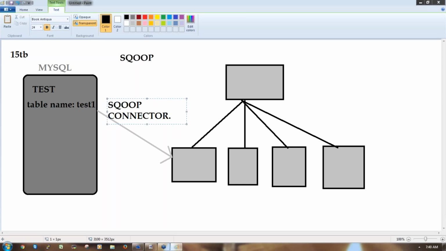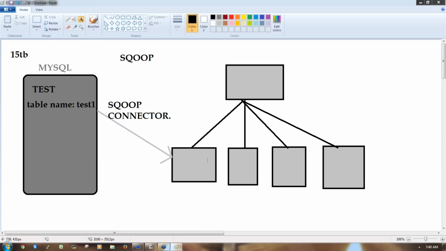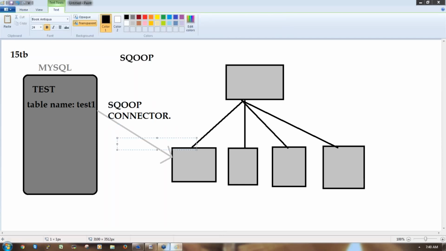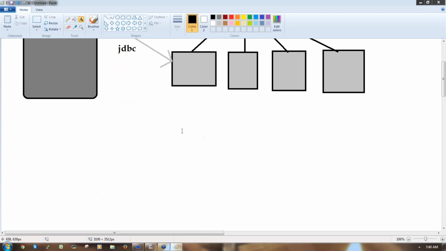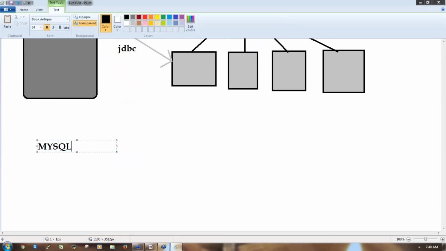Right, so how does this Sqoop connector establish a connection? It uses a JDBC connection method to establish the connection between the RDBMS and HDFS. This Sqoop connector is specific to the DBMS. Suppose the client is having MySQL, then we have to use the MySQL Sqoop connector.